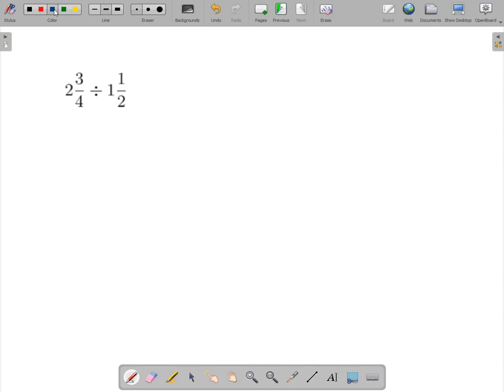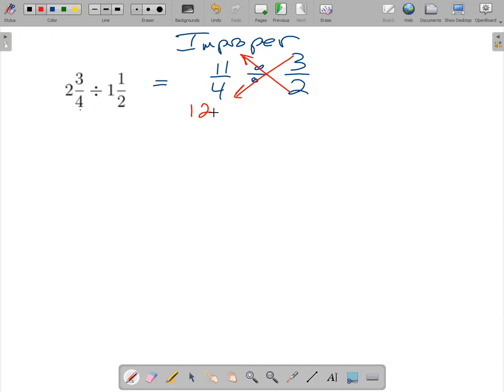So rewrite them as improper. So 2 times 4 is 8, 9, 10, 11 fourths. Divided by 1 times 2 is 2, plus 1 is 3 halves. And the arrow algorithm here starts on the second fraction and crosses. So 3 times 4 is 12, 2 times 11 is 22, so the answer is 22/12,